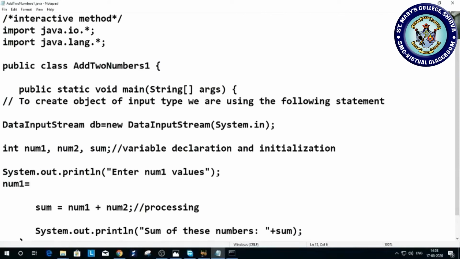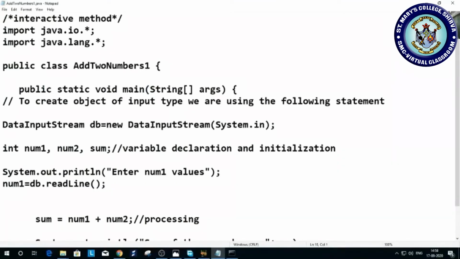What is the name of the input object here? db dot, we have to use a method called readLine. db dot readLine of, integer dot parseInt. Let me see what will happen first.